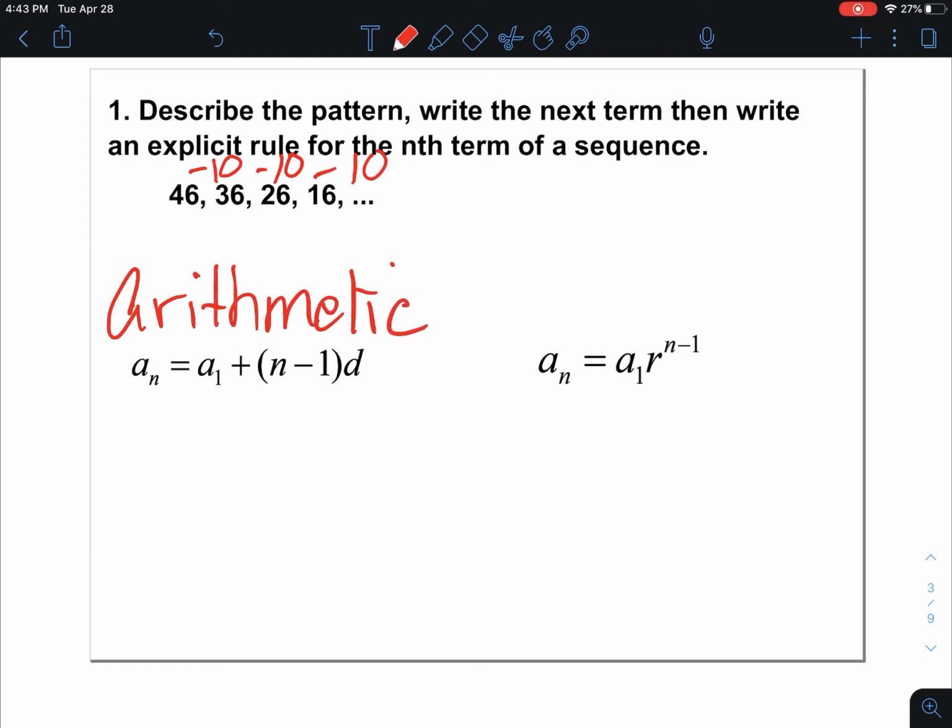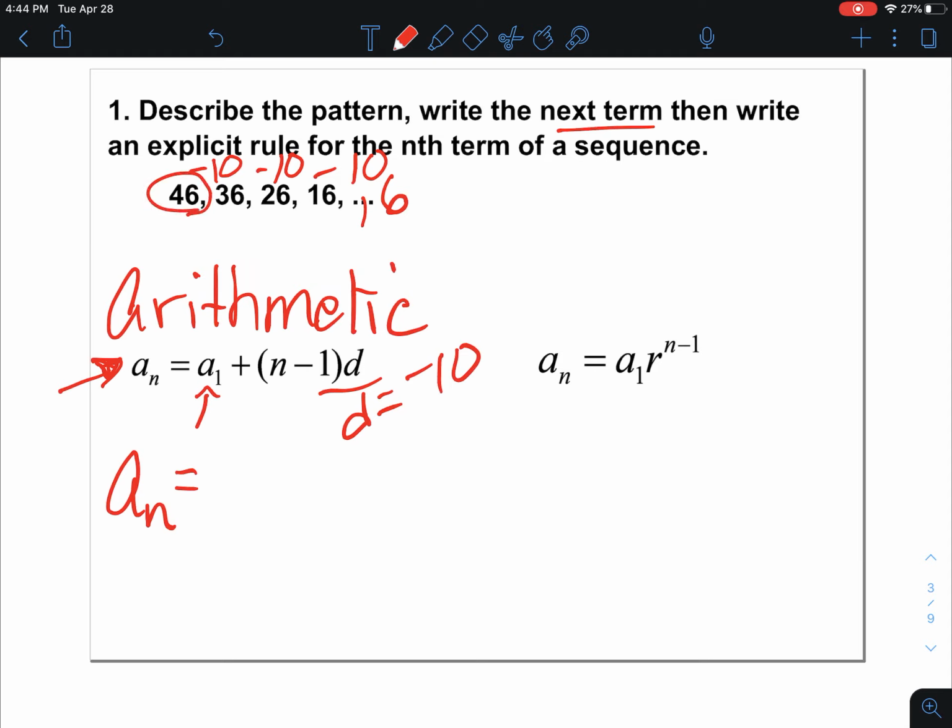So the common difference that I have here, so I'm going to be using this formula, is negative 10. If I want to find the next term, I just need to take 16 minus 10, and that gives me 6. So the next term would have been a 6. Now, I'm going to use this formula right here so that I can write the rule, which basically means you have a rule that you would follow so you can find any term in the sequence. So we would say any term in the sequence equals the first term. And if I look back up here, my first term was 46, so that needs to go right here, plus,